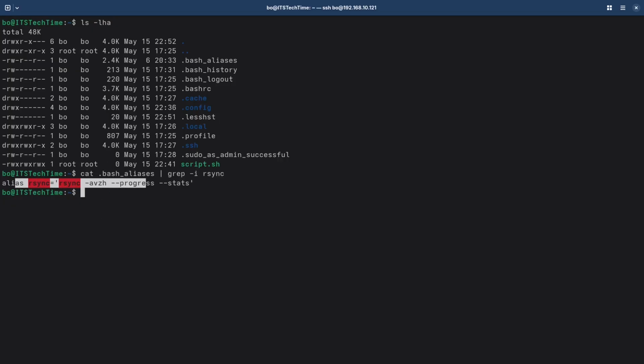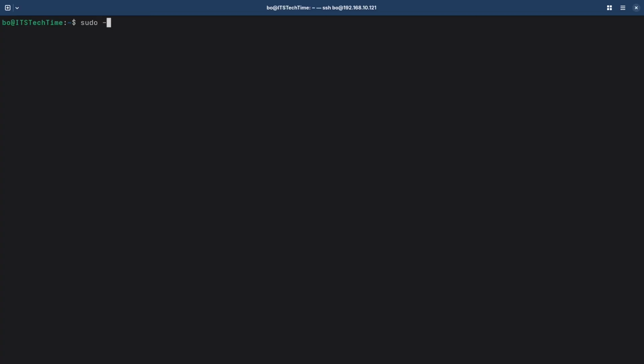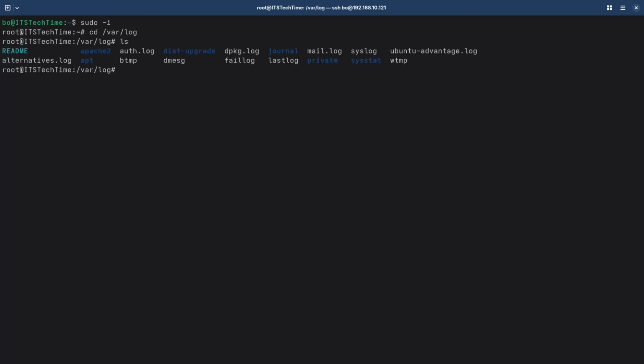Now grep is a really quick and simple way to dig through any type of file really quickly. So I'm going to change to sudo just to make this a little simpler. And then I'm going to change to /var/log. And here you got a lot of log files that you can search through and use the grep command if you wanted to. So I could do